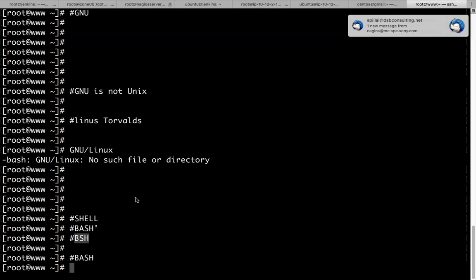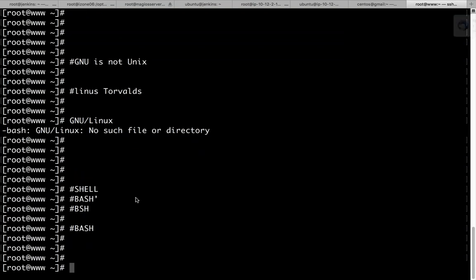So the interface that you are seeing right now is called a shell prompt. So what is a shell? A user interface used for executing commands. Nowadays we have graphical user interfaces on most Linux systems, like KDE and GNOME.